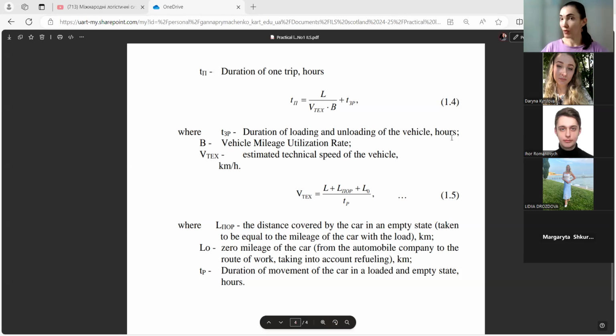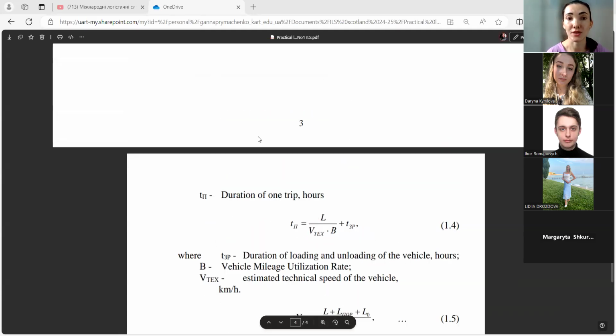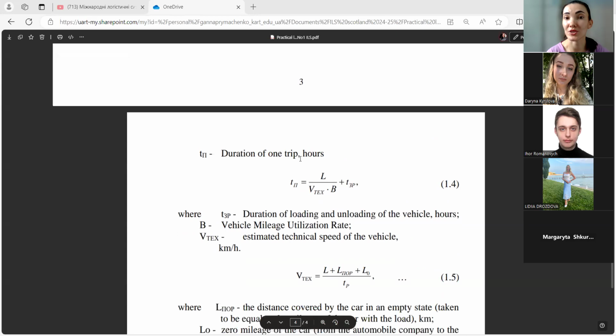So the next formula is 1.4. Now we can look at it. We decided how much time we need for the duration of one trip, one trip in hours, for our part of cargo from point A to point B, as in the example in our task. So we write